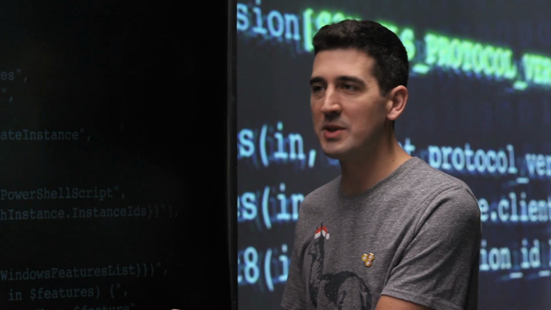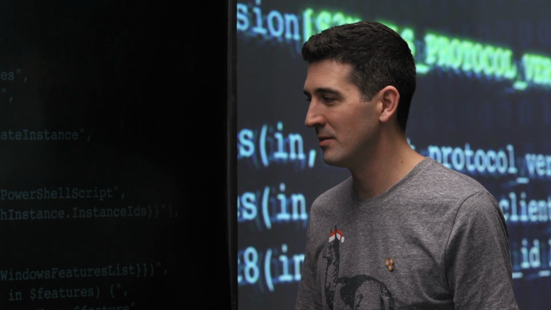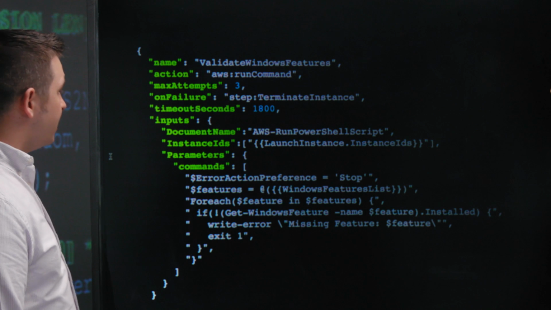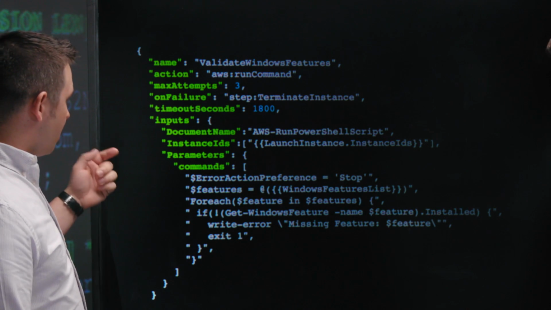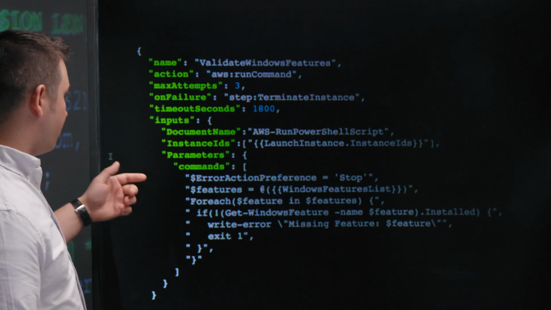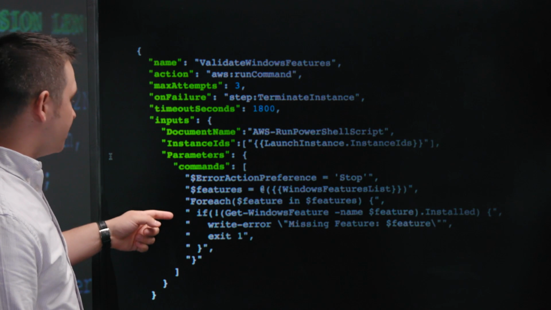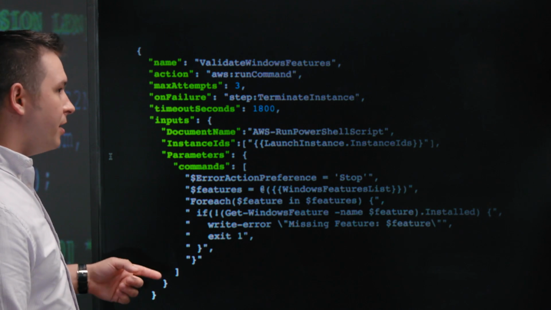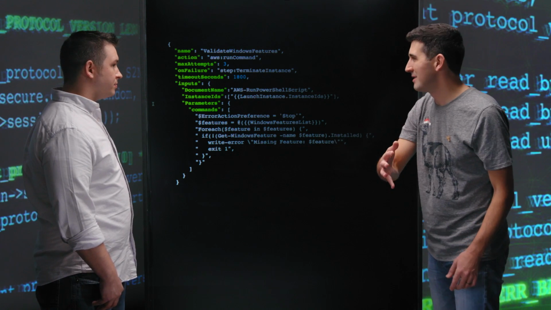Understood. Okay, well then let's bring up that last snippet to show the validation, the testing process that you put the AMIs through. All right. Great. Okay, so walk us through this snippet. This is the validation snippet. Yes, so in this case, we've launched a new instance off the AMI that we just created. Then we're going to take those same Windows features that we used to configure the AMI, loop through those features here, and make sure that they're installed. And if one of them wasn't installed, we're going to throw an error here, which will fail the entire workflow.